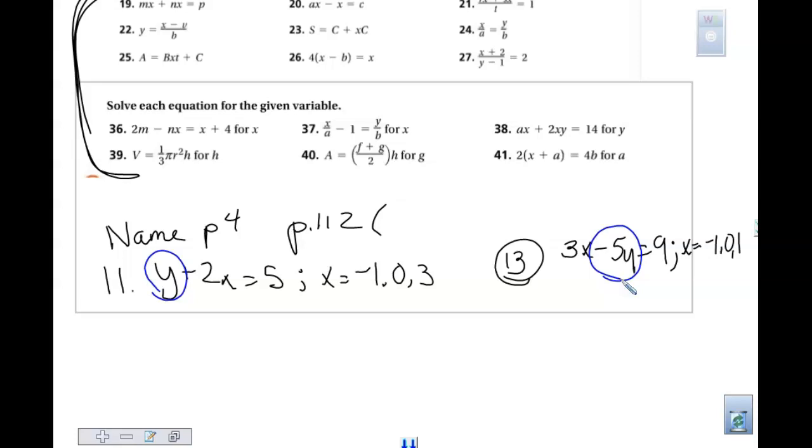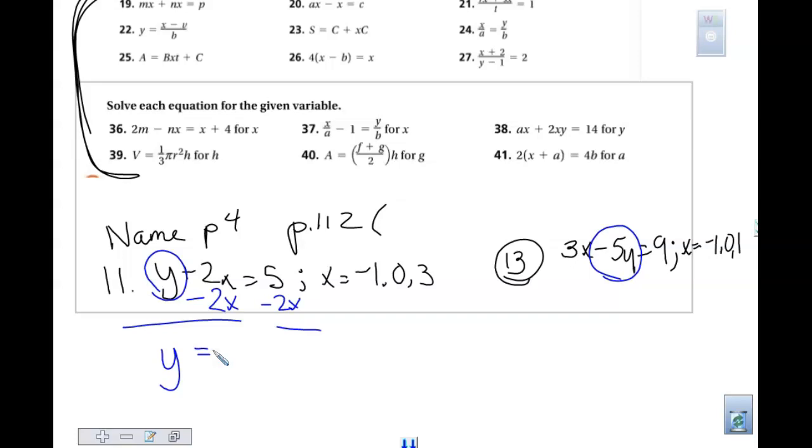If I am doing that, Viola, what would you do to get rid of this plus 2x that's with the y? Subtract the 2. So not just subtract 2, but subtract 2x, right? So I subtract 2x on both sides, okay? So now, Allie, what are you going to do? What would I end up with on this side? Y equals 5, or y equals say what? One more time. Y equals 5